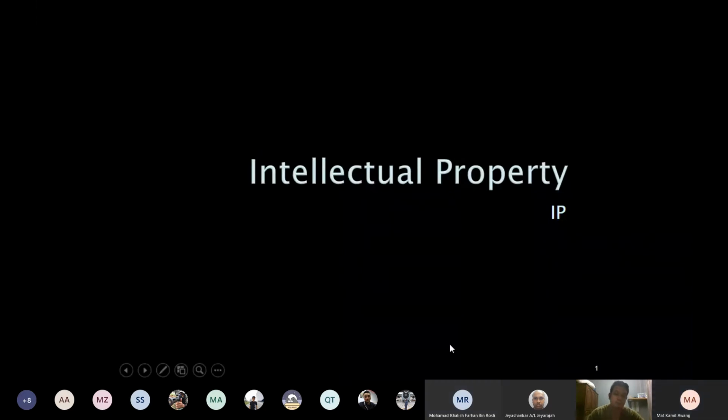This is very fast. I'm not going to bore you. I just show you all the slides so that after this you can do your own search, so that during this PKP, you can do studies on your own. You can look at the slides, the notes, and you can do a Google search and find certain articles which are related to the topics that I've mentioned in the slides.